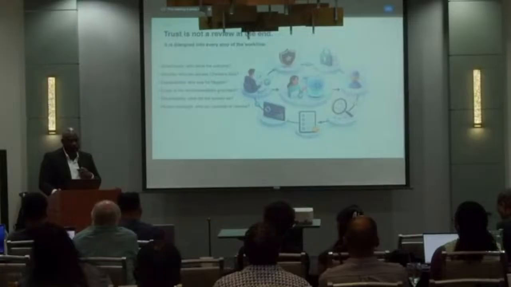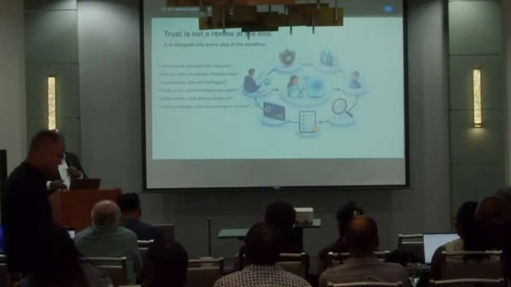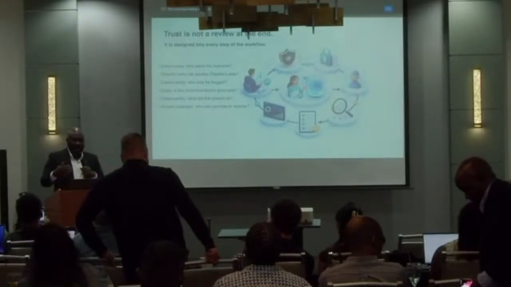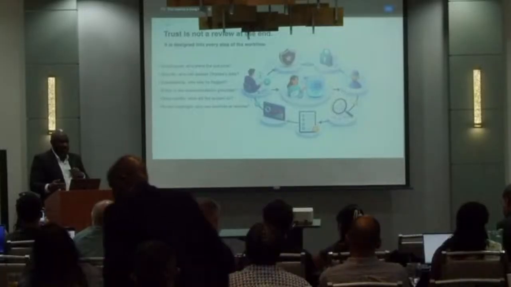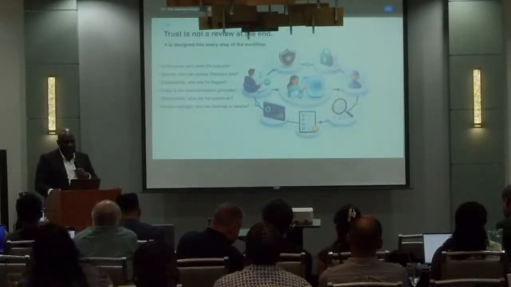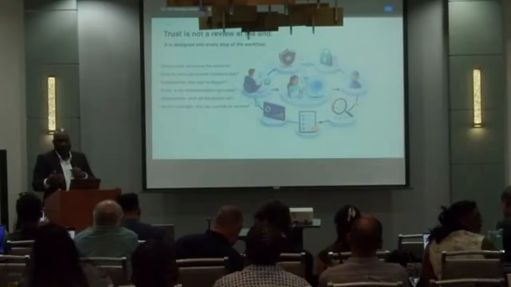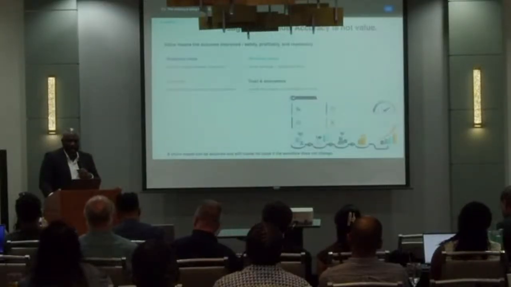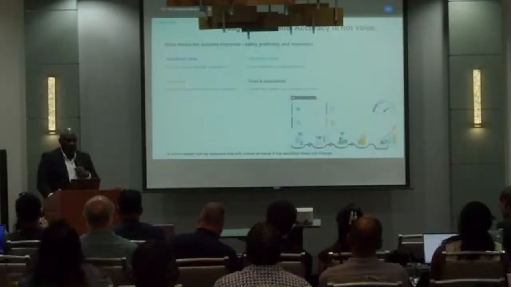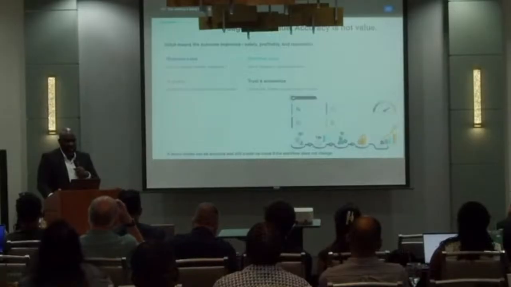We need to have explainability, why Charles was flagged as somebody who was going to leave. We need to do evals to evaluate whether the prediction model is doing the right thing every time. We need to have observability into the system to check what the system is doing. And obviously the human oversight, that will confirm and take ownership at the end of the day for the decision. So usage is not value. Accuracy is not value. What value means is the outcome improved: safety, profitability, and repeatability.